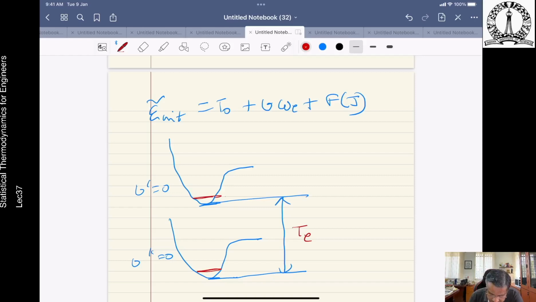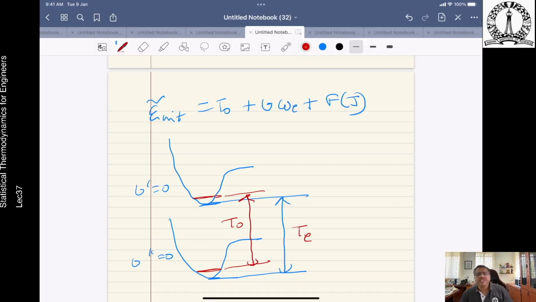Okay, so this is actually your T naught. So you understand that we brought in T naught. By the definition of T naught, we have eliminated the ground vibrational energy, so that's why the half is not there anymore. Employing this revised zero of energy, now by simply looking at this particular figure that we just drew,